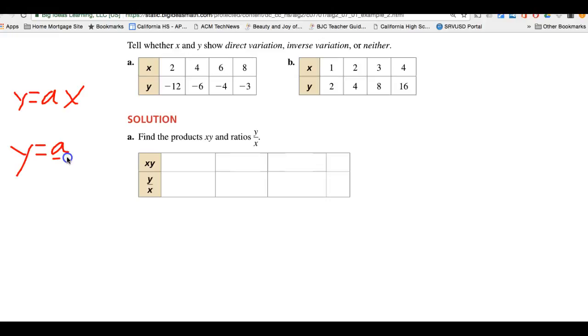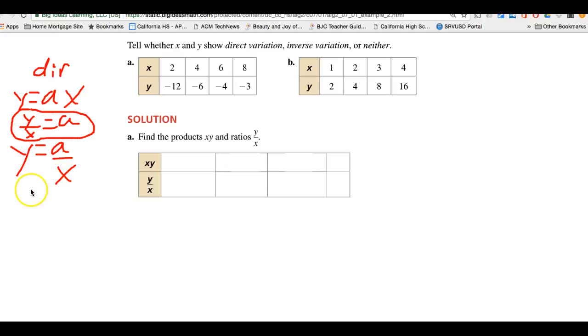Now, what that means is for direct variation, if we divide both sides by x, the ratio should be a constant. So if something is direct variation, then all of the y over x values should be the